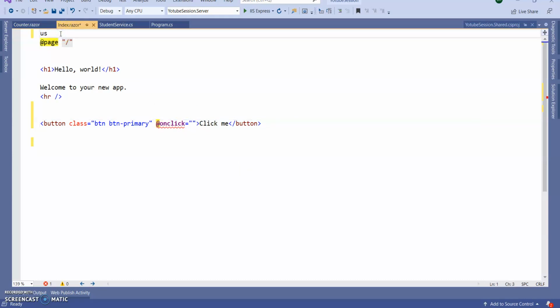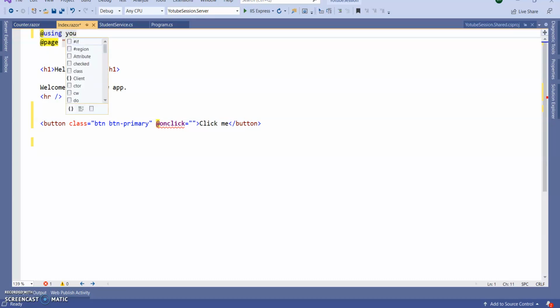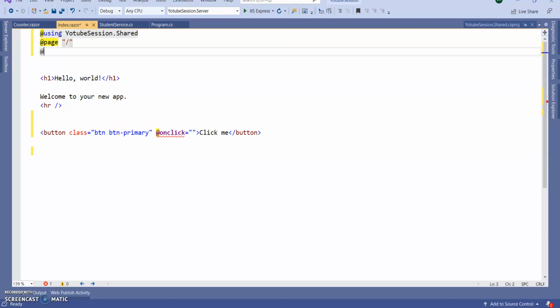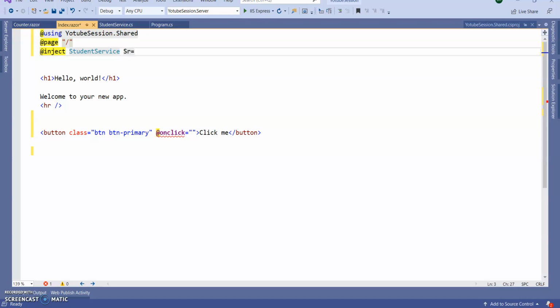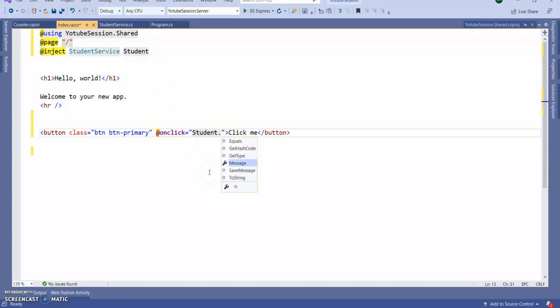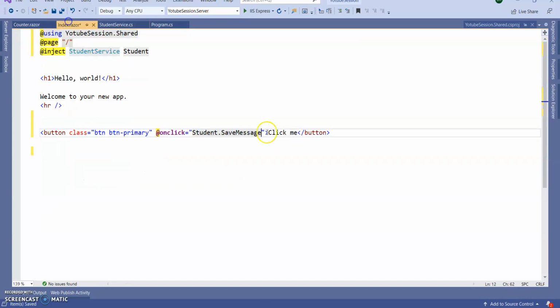Here again add the using for the YouTube session shared namespace. Next inject the service: inject StudentService student. So this student.SaveStudent is called on click.